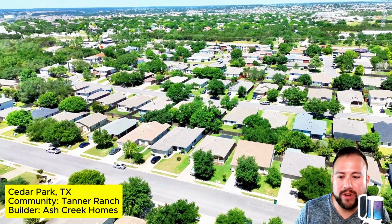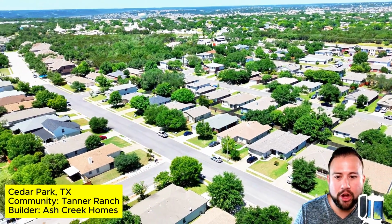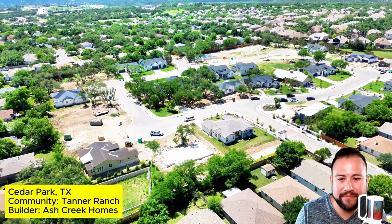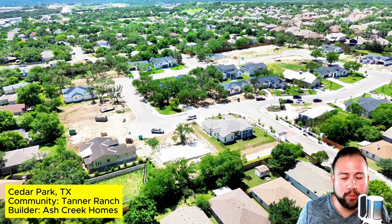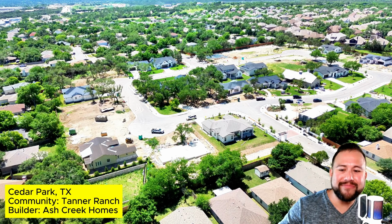And here's another image, right, where you could see just where the old neighborhood looks like compared to a tree compared to what Tanner Ranch looks like, right? So here, I'll just pause here. There's, I believe, 6 different floor plans to choose from. The Martin, if you can kind of tell, is, well, I don't have a pointer for this,